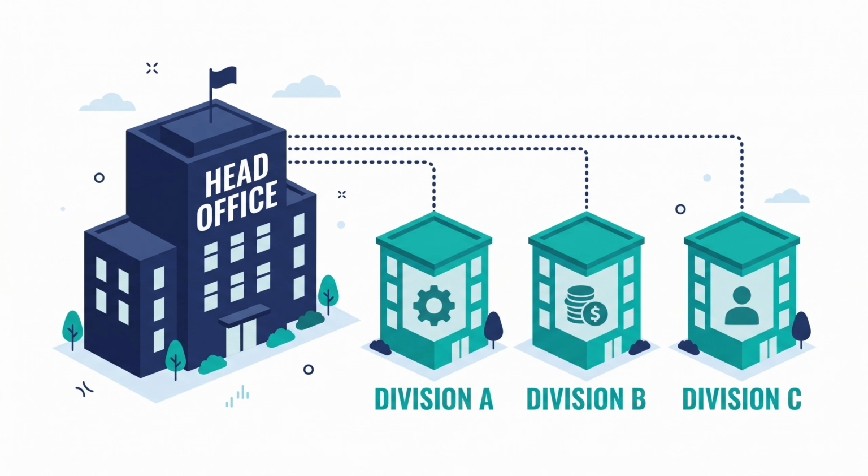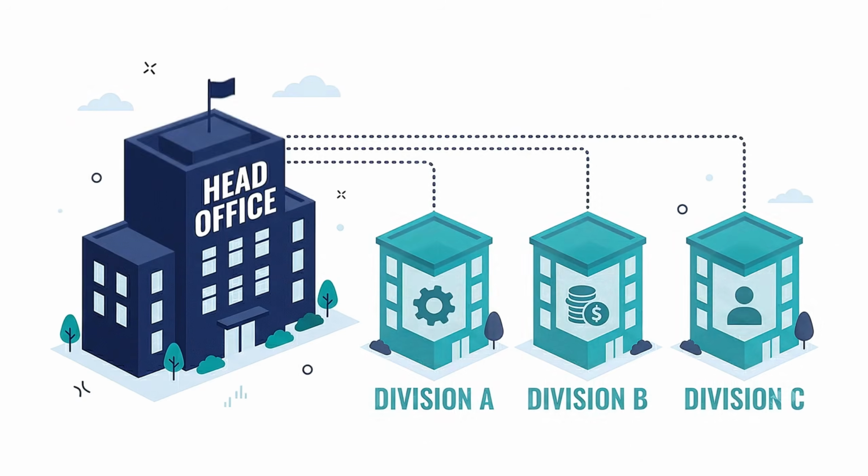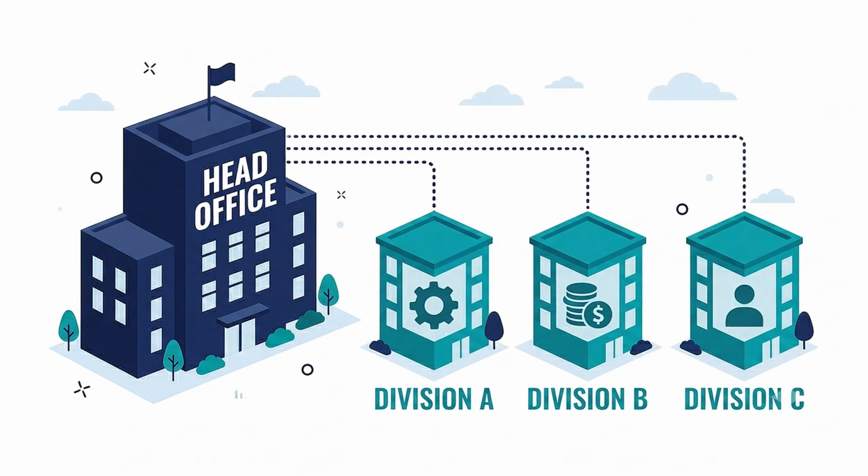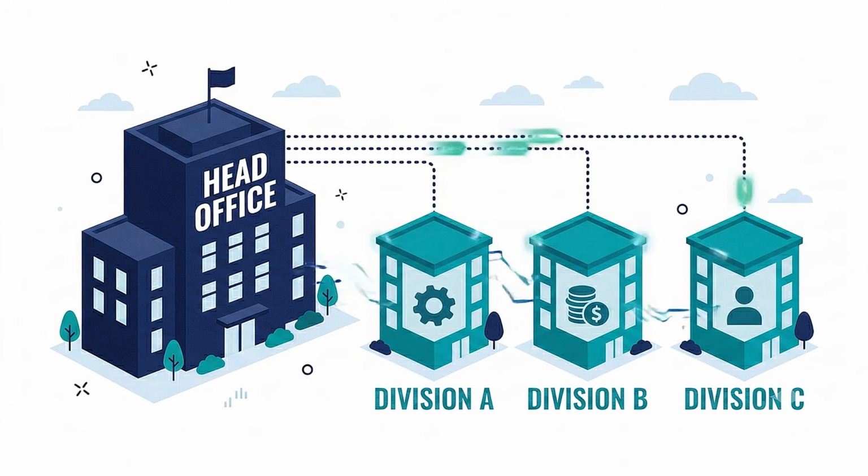Now the divisional structure. As businesses get bigger still, they often split into divisions. Each division operates almost like its own mini business, with its own functions, its own budget, its own management team. Divisions are usually built around products or services. A large consumer goods company might have one division for food, another for cleaning products, another for personal care. The big advantage here is focus. Each division can concentrate entirely on its own market without being distracted by everything else going on in the wider